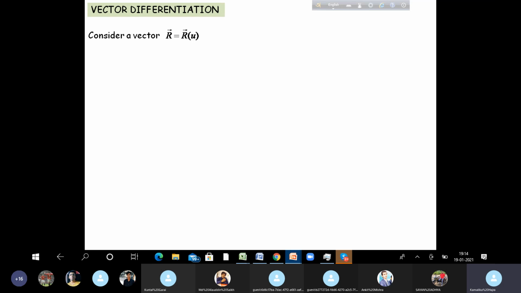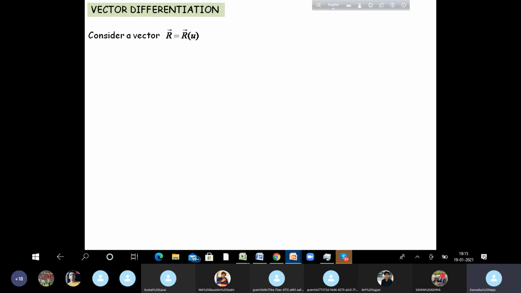Just as I was telling you, for a scalar function, when you do scalar differentiation, you cannot carry out differentiation if the function is a constant. It has to be a variable. When you are differentiating with respect to something, you differentiate position with respect to time to get velocity, and you differentiate velocity with respect to time to get acceleration, right? So when you differentiate, it means you differentiate with respect to something. If it's just a constant quantity, it doesn't make sense to say that we are going to differentiate that quantity. All right.